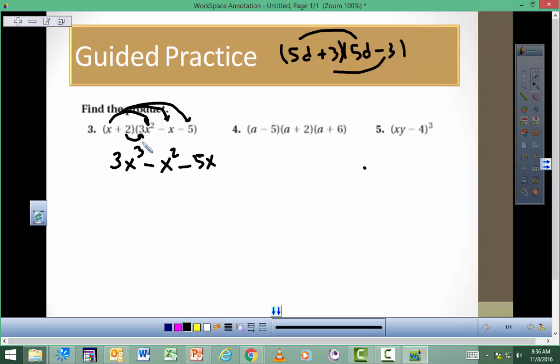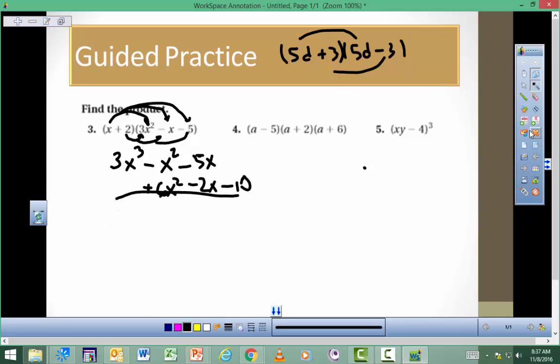So now we're going to multiply here, and here, and here with this one. What you want to do is stack the like terms underneath, if there are any. So 2 times 3 gives me 6x squared, and it's positive. Since it's an x squared also, I stack it right underneath the squared ones. Now this one, 2 times negative x is negative 2x, so I stack it right underneath the other one with the like term. And then finally, 2 times negative 5 is negative 10. And once you've done this, you can add,